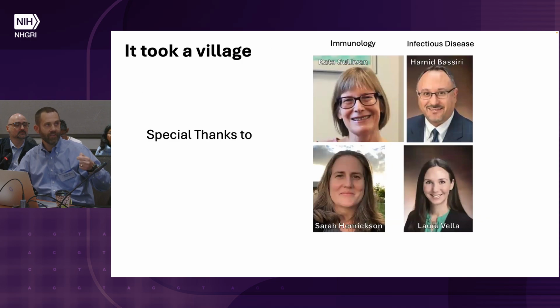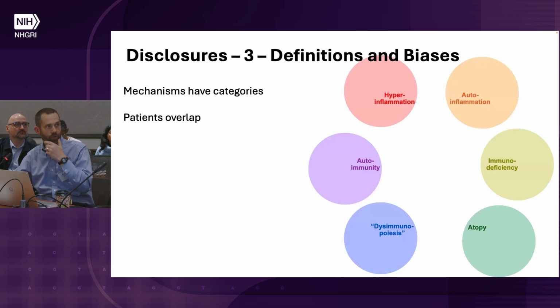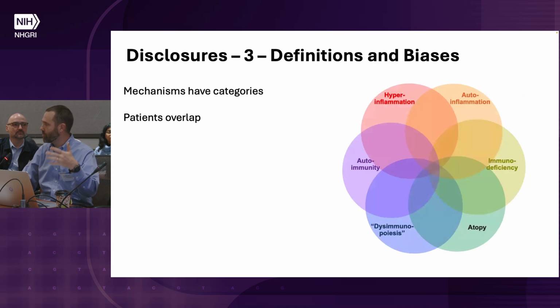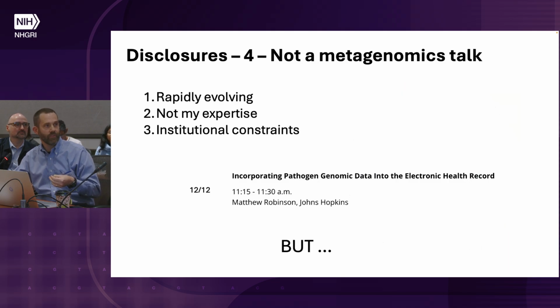And so I drew upon my colleagues within what we call DIRT, Dysregulated Immunity Response Team, from the world of immunodeficiency and infectious disease, so thanks to them. Further biases are, we've talked about immunodeficiency as if it's its own thing, and I'm personally of the bias that there's really no such thing as immune dysregulation as a category. It's all immune dysregulation the whole way down, and we shouldn't really be thinking of our patients as only having one mechanism of immune dysregulation. So finally, this is not a metagenomics talk. I'm hopeful that that's not why you asked me here, because I'm certainly not an expert. We have a little bit of that later today,